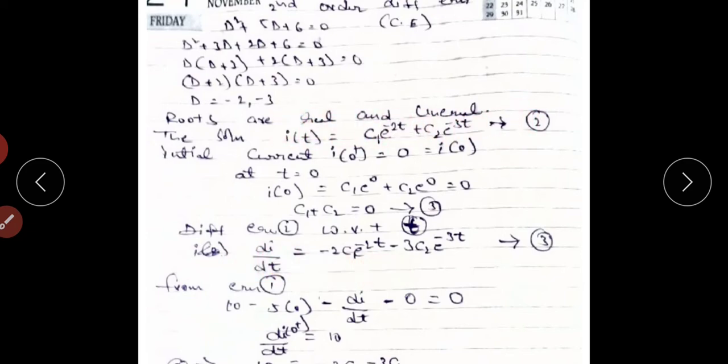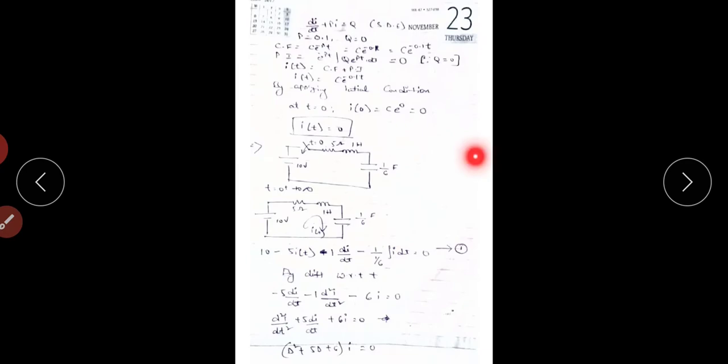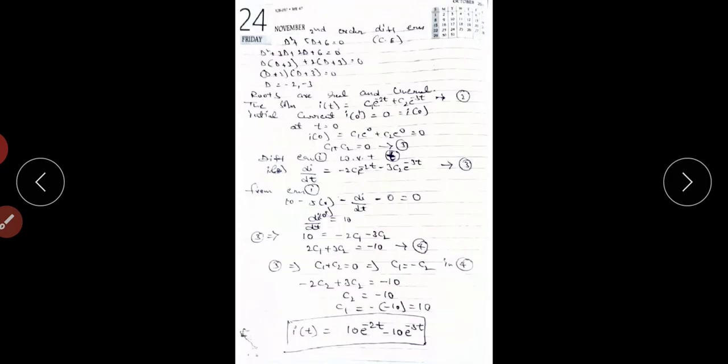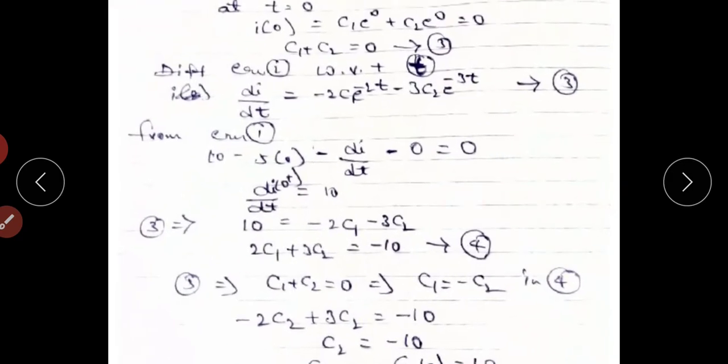t. So we get di by dt equals minus 2 into c1 e power minus 2t minus 3 into c2 e power minus 3t. Let it be equation number 3. Okay, from equation 1, this is equation number 1. So from equation 1, 10 minus 5 into I of 0 minus di by dt